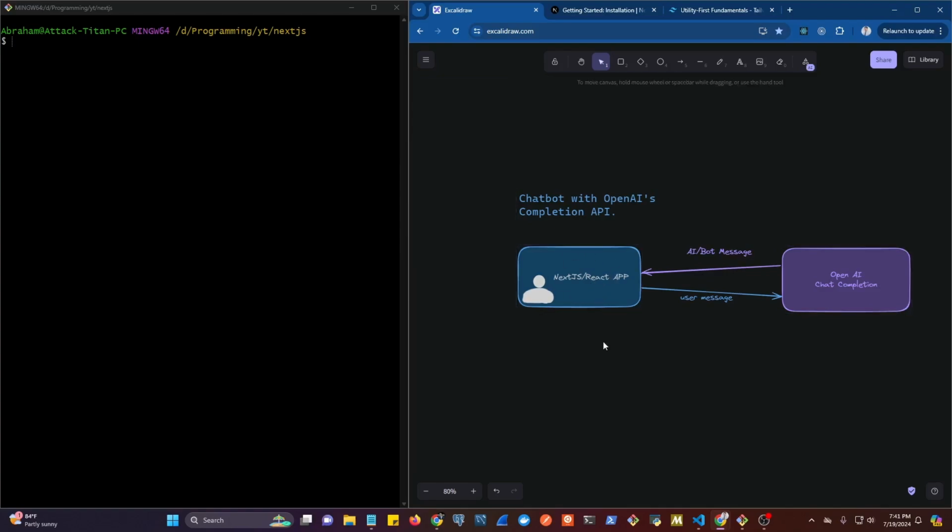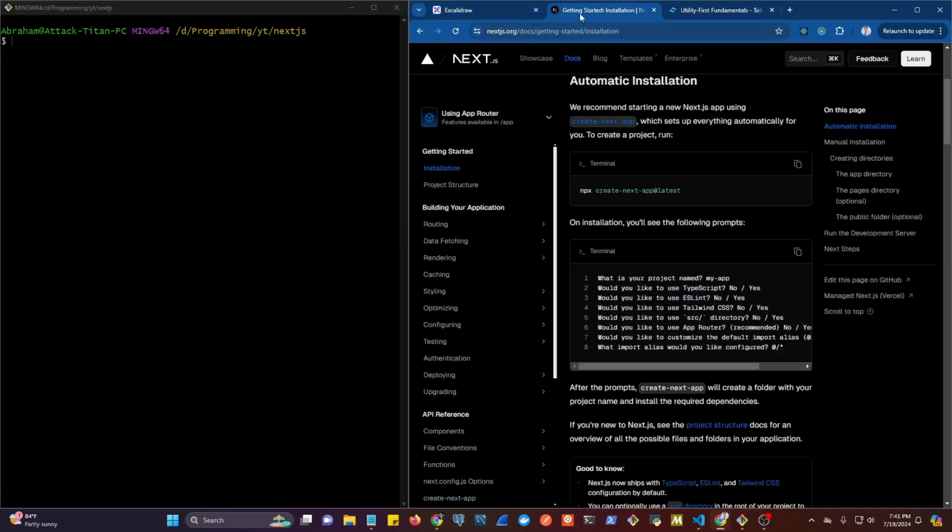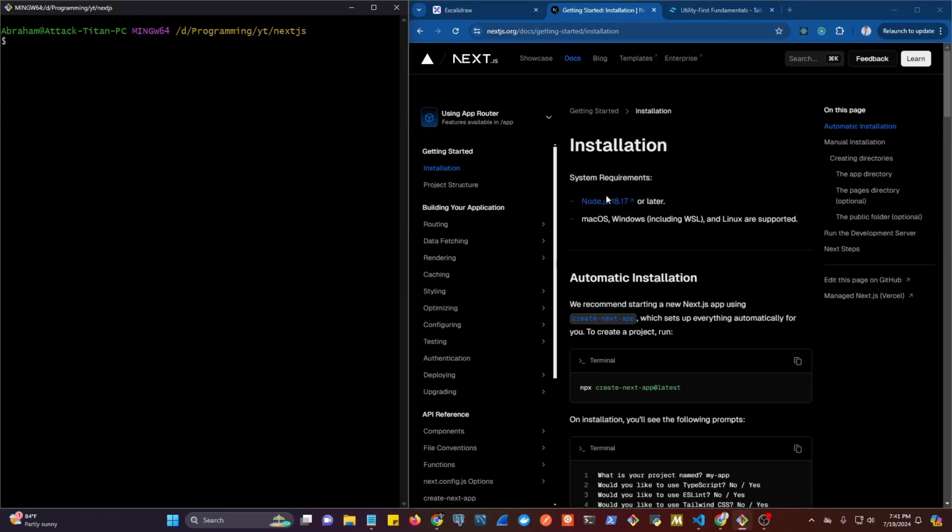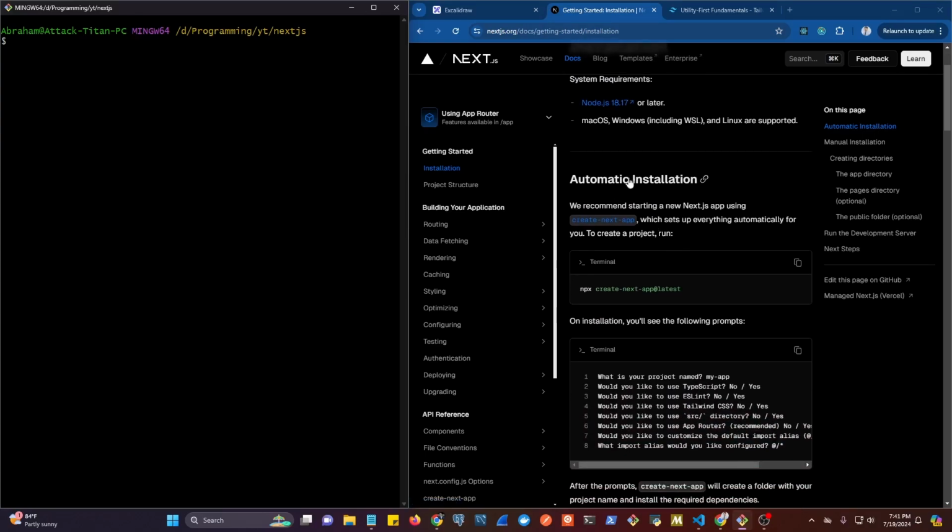and we're going to generate a chatbot for our users. In order to get started, we're going to create a Next.js project, so we can go to the Next.js documentation and we can get started. In a terminal, make sure you cd to the folder where you want to create your new project. You need to have Next.js 18 or later. Then we're going to run this command here, create